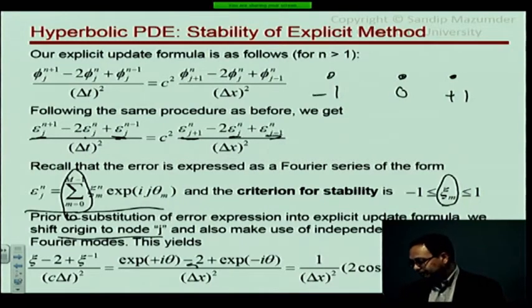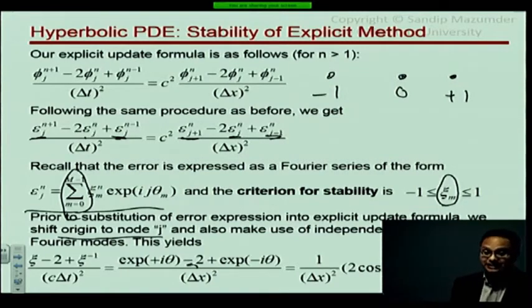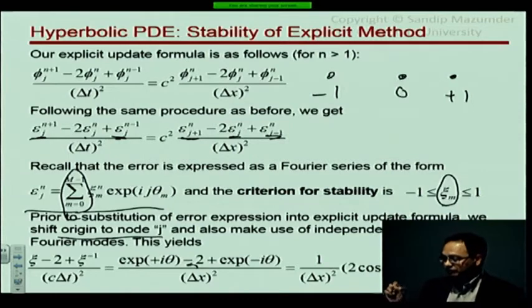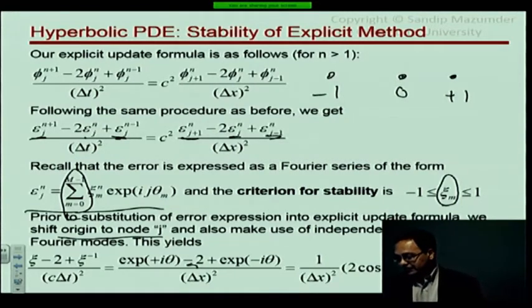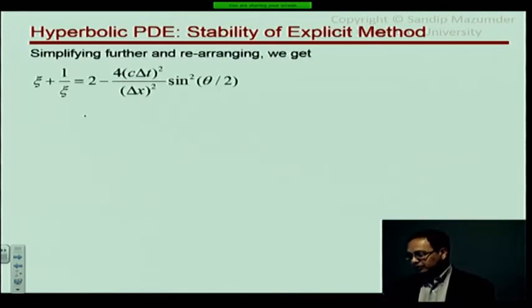So this is following exactly the same procedure as we did for parabolic equations. Again, if you are confused, I know I'm skipping a few steps here, not going through the nitty-gritty details, but if you're confused about that, just go back to your notes for the parabolic equation, where it's explained in more detail. So we get this expression, we simplify it, we get that,